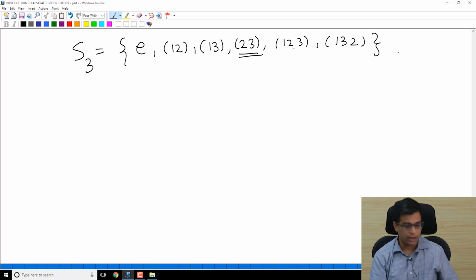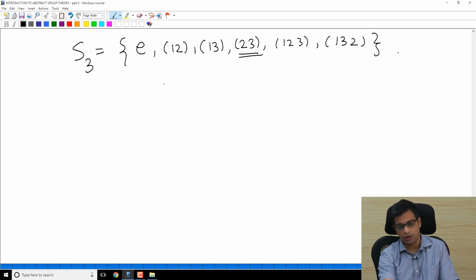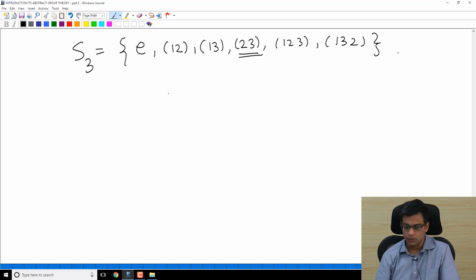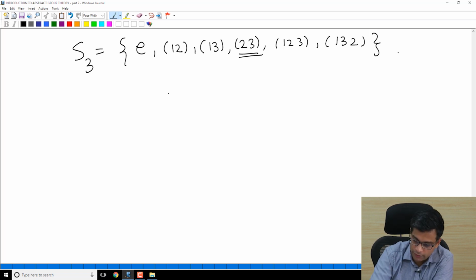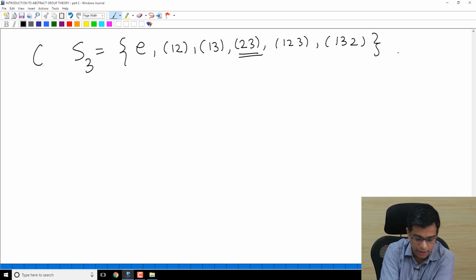I have given this description because it's much more natural to work with this, and especially when you are writing cosets and so on, it's useful to have this notation. So now let's work out the cosets of a particular subgroup and verify the counting formula and Lagrange's theorem in this case. So this is my ambient group G. Consider a subgroup.